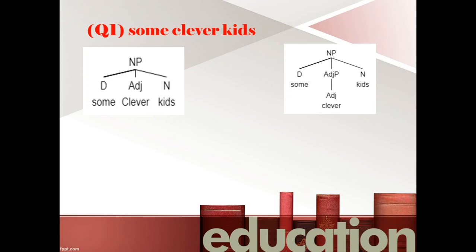The difference is adjective here should be considered as adjective phrase because I told you before that every modifier of a phrase should be a phrase. So instead of using a word, adjective, we have to consider it as adjective phrase that will later be extended into adjective. Okay. Still, there is something wrong with the D here because the D is not a phrase, okay? But we will discuss about that a little bit later, okay? Because it's a more complex idea.